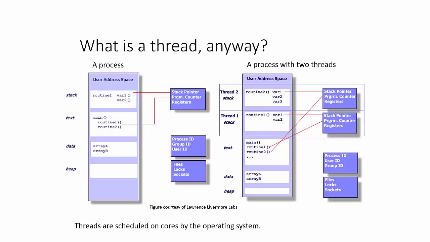It might be worthwhile also to ponder what a thread is anyway. The process consists of a user address space and at least one thread of execution. And typically the address space is divided into various segments. You have the text segment, which contains the instructions, the functions that build up the program. You have data, which is the statically allocated global data in the program. And you have a stack.